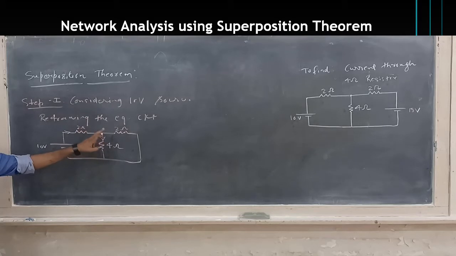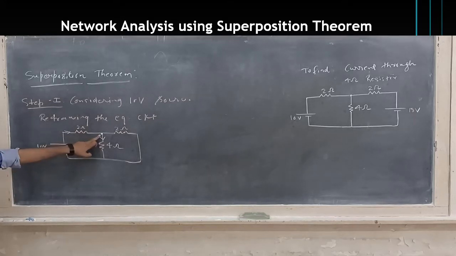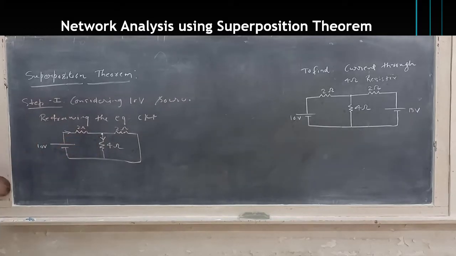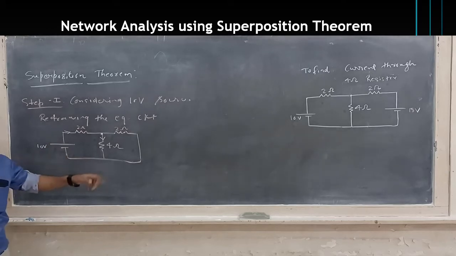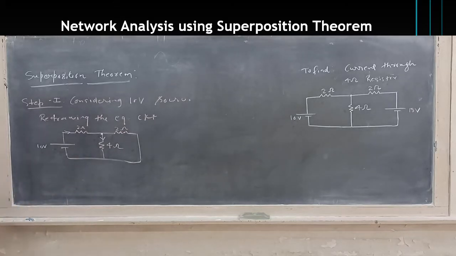Yes. You have to find out the overall current, then we have to use CDR, that is current division rule, because that overall current which is coming out of this 10 volt battery is getting divided at this node. Okay? So, in order to get the current to 4 ohm resistor, you are supposed to find out the total current supplied by this battery, and secondly, you have to use CDR to get the amount of current that will be flowing to 4 ohm resistor. Okay?